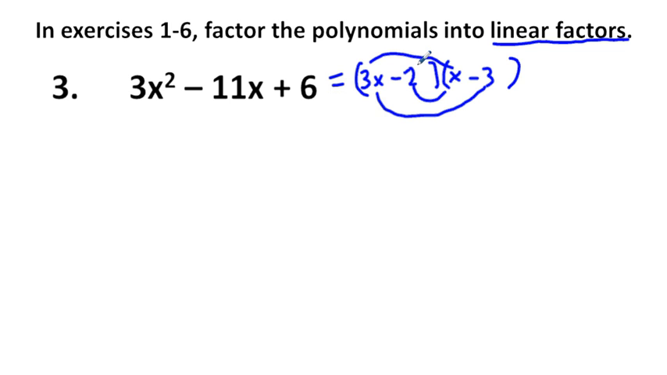Okay, we have 3x times x equals 3x squared. We have 3x times negative 3, which gives negative 9x. Then negative 2 times x is minus 2x. And the last one is negative 2 times negative 3, which is positive 6. So these things all check out, and we've really verified that it's going to be negative